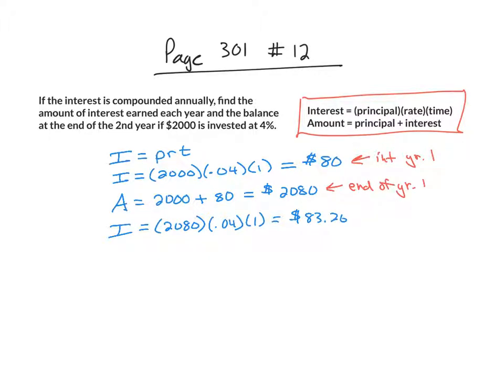Okay, now the reason that this interest for year 2 is more than from year 1 is because I'm getting paid interest on the interest. So to find my final amount at the end of the second year, I'm going to take my 2,080 and I'm going to add